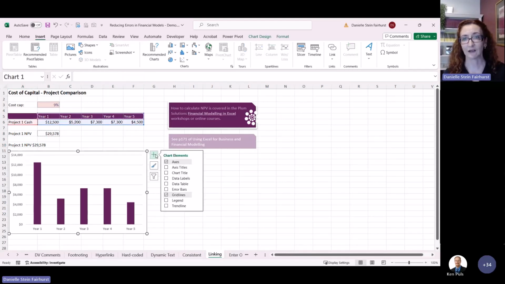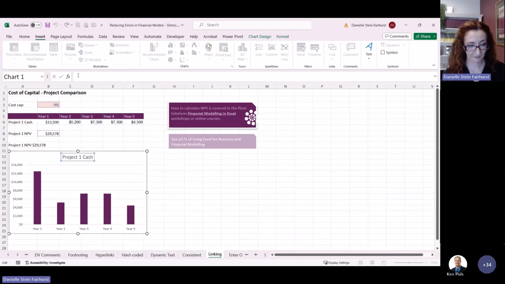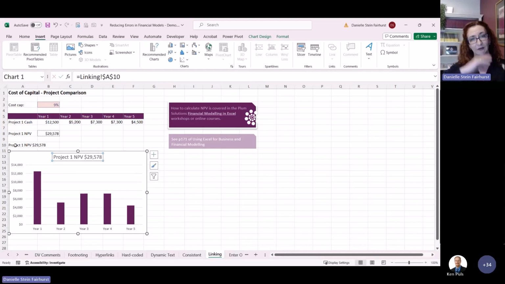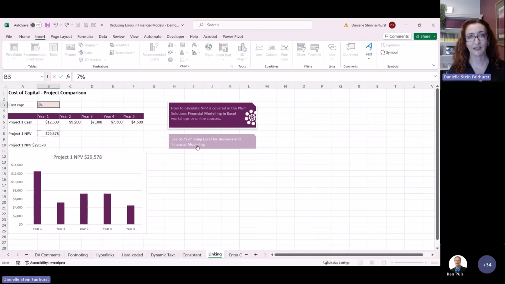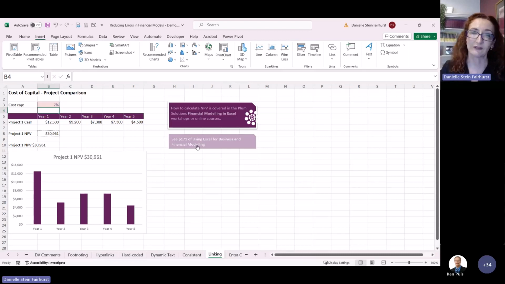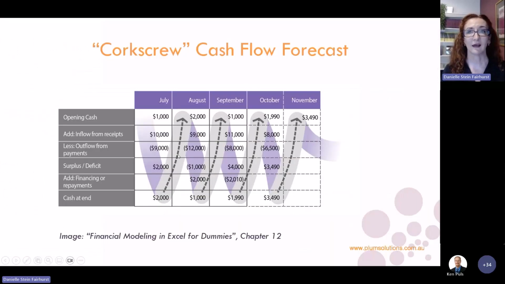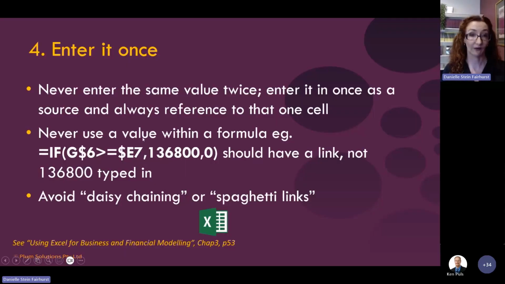If you just have a title on a chart, you would just do a chart title, go to the formula bar, equals, click, enter, and that will just automatically change. So you say, well, if my cost of capital were to change, you have this principle of having one single cell, you change the inputs and that just drives everything else in the model. So that is linking and entering once.